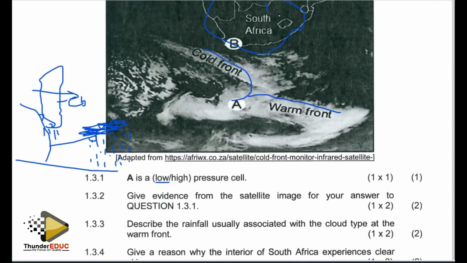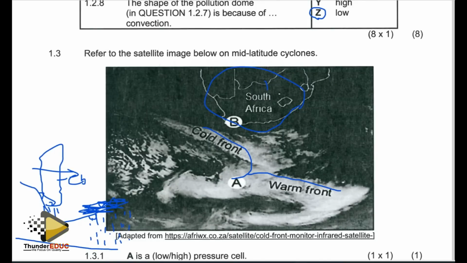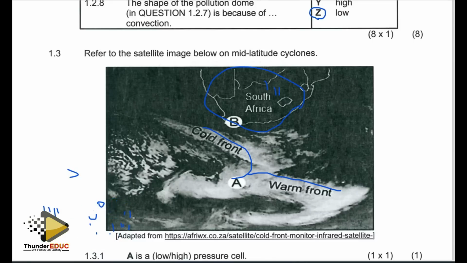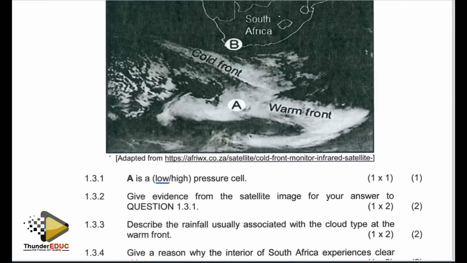The reason being that it's during winter, and we have the dominance of the Kalahari high pressure cell over the interior. We have the dominance of sinking air, which creates stable weather and clear skies over the interior during this particular time of the year, which is the winter season. So basically, the clear conditions are attributed to the Kalahari high pressure cell, which causes stable conditions over the interior and gives us clear skies.